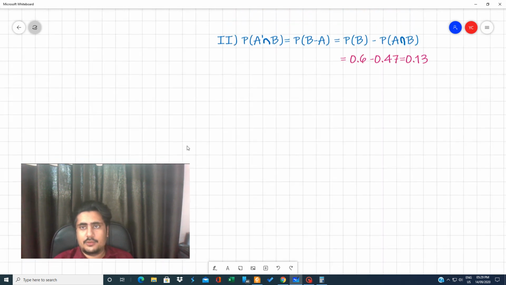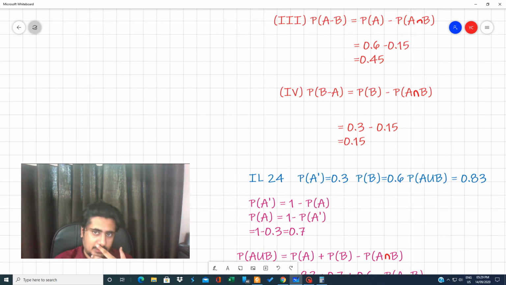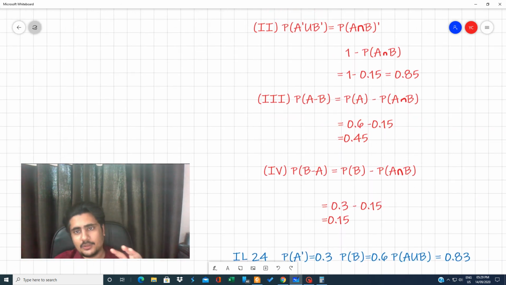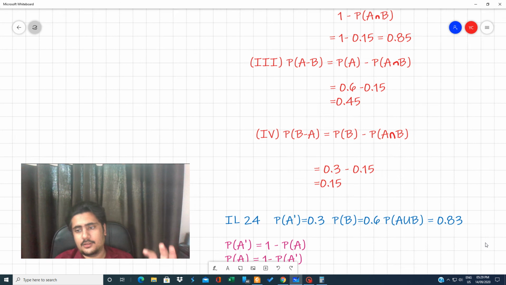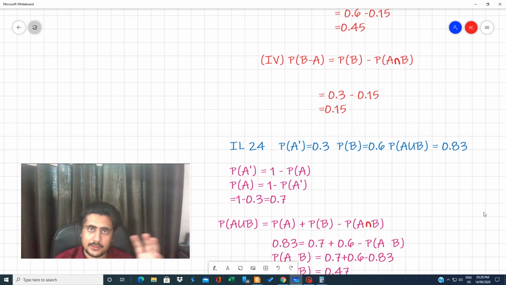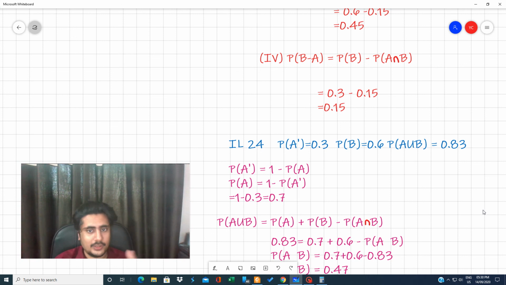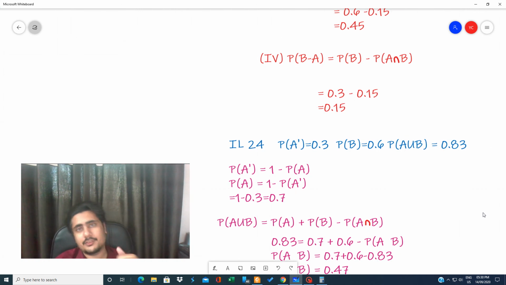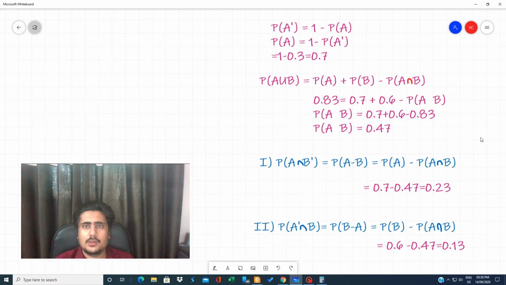You need to learn all these formulas. Okay, there is no other option. You need to understand these formulas. I have explained these formulas in your difference event lecture. You can go there also to explore how these formulas were formed. Okay, and remember all these formulas. There is a characteristic in probability that everything is different. If you take illustration 23, it's totally different. 24 is totally different. If you see 25, then it's totally different. There are lots of methods, and the method changes from question to question. So you have to learn everything.